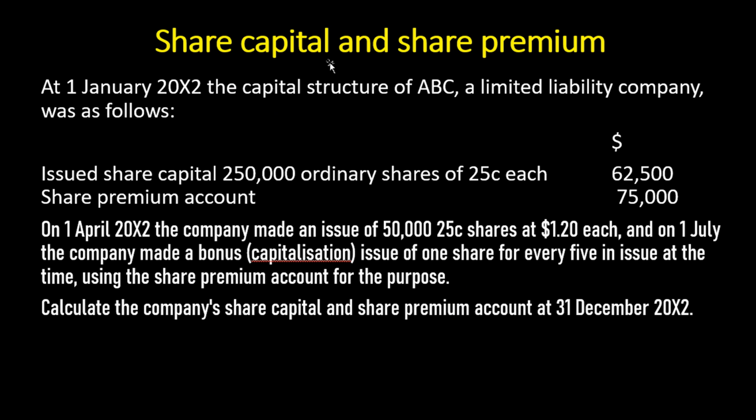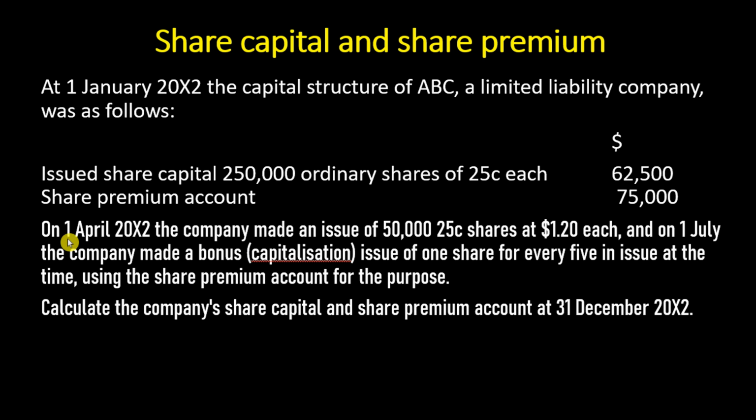Share capital and share premium. At 1 January 20X2, the capital structure of ABC, a limited liability company, was as follows. Issued share capital 250,000 ordinary shares of 25 cents each, $62,500. Share premium account,